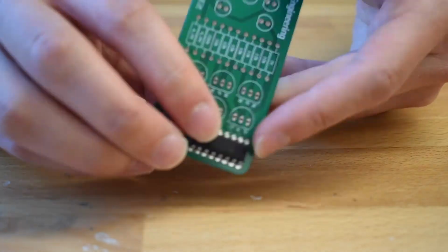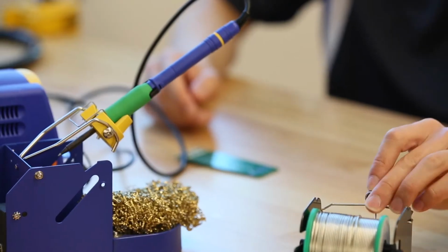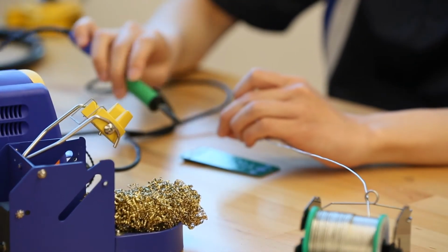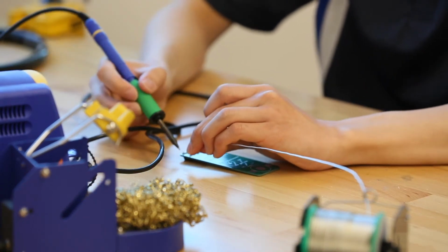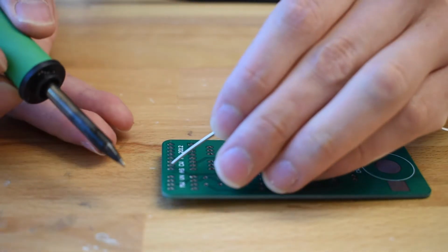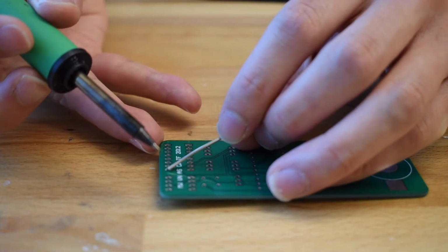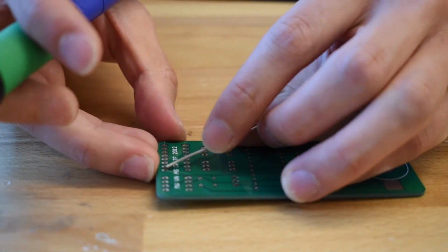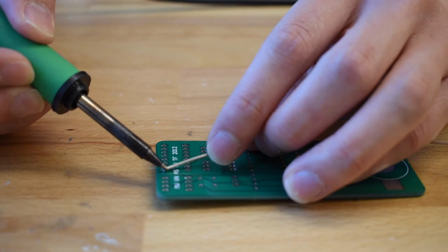Now turn the chip upside down, and we will now grab our iron, which has been heated up. Make sure to heat the iron up to about 300 degrees, and then grab your solder like that. Place the solder onto one of the pins that you want to solder. I typically prefer starting in the corner. Use your thumb to push the board down so it doesn't move as you're doing, and then place the iron next to the solder